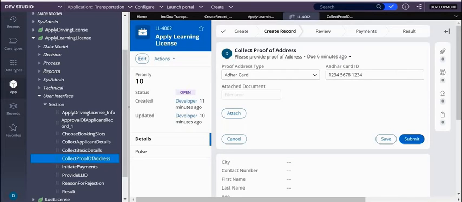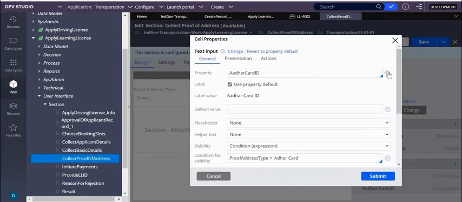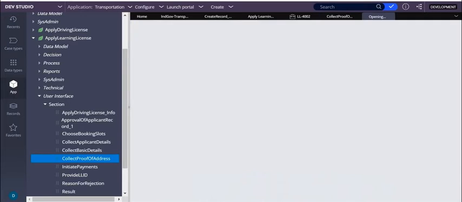So how do you configure or create an edit validate rule? That is what we are going to learn now. Edit validate rule is configured on the property rule, Aadhaar card ID. So let's open the property. What is that? Aadhaar card.